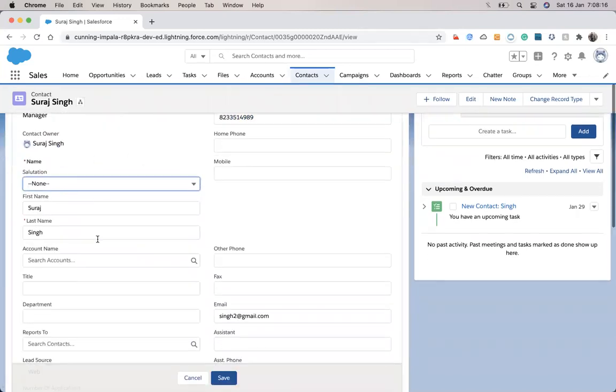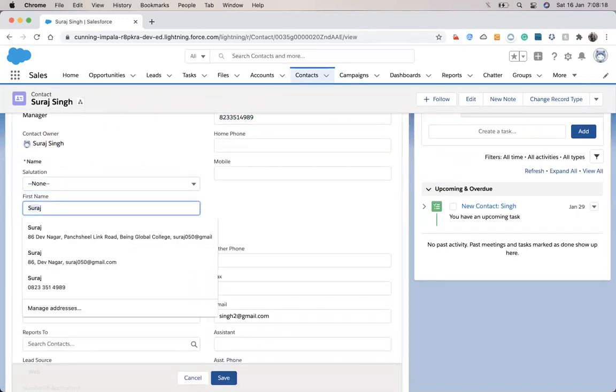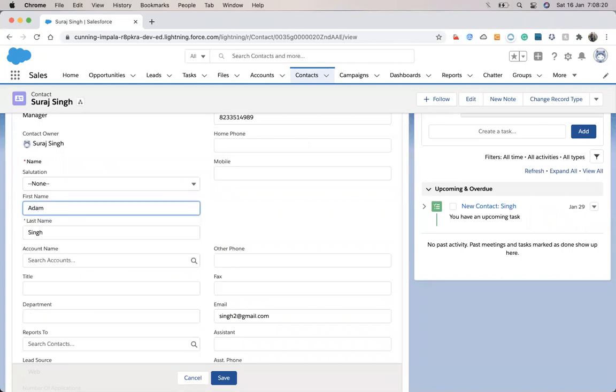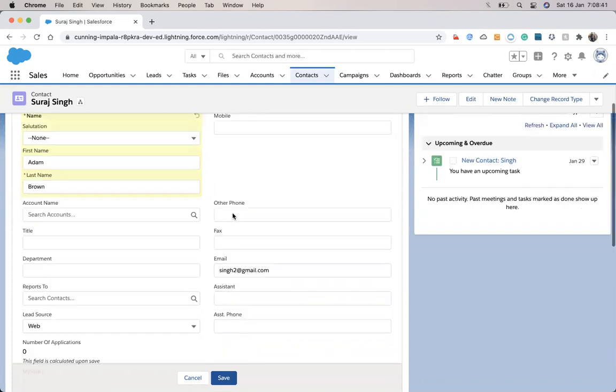Now I'm changing the name of the contact to Adam. Previously it was written as Suraj Singh, and I changed the contact name to Adam Brown. The previous value, Suraj Singh, before the change, is the old value, and Adam Brown is the new value.